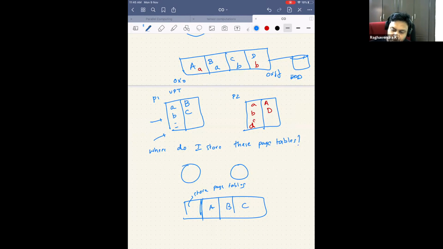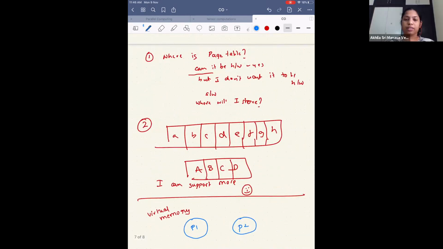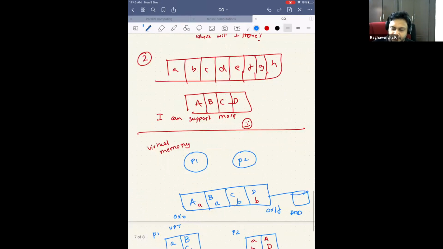Of course, I can still support 256 bytes, even though I have only 192 bytes, because we already saw that case where I have more than the physical memory. It's just that the swap in and swap out will increase. Even though I have 4 GB of RAM, I can support up to whatever my address bits allow me to. If I have a 64-bit processor, it allows an address range of 0 to 2^64, so I can handle that much data and have that many pages. I can move the same application to something which has just 1 GB of RAM. The only thing is the amount of swapping will increase, but I can still support it.